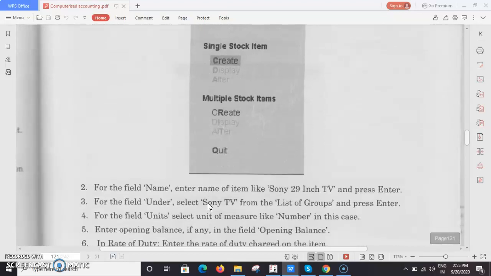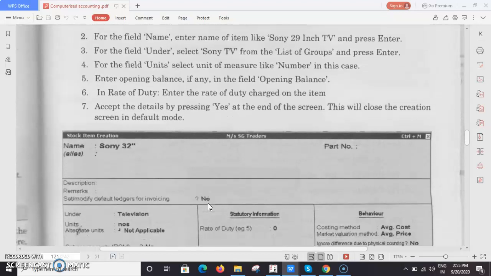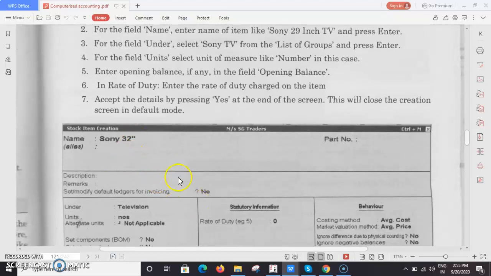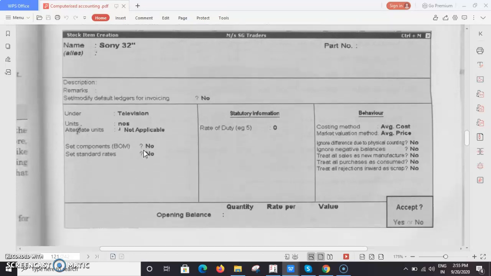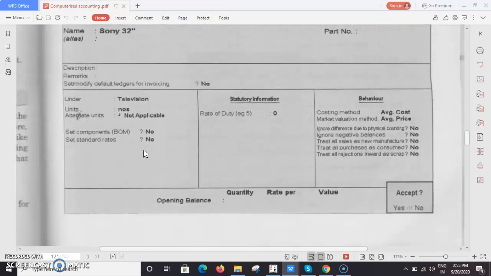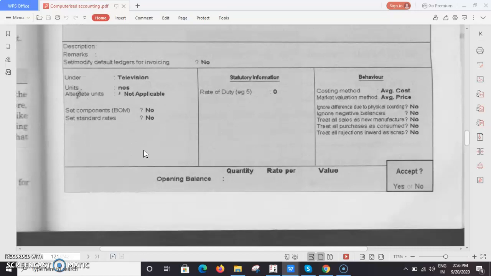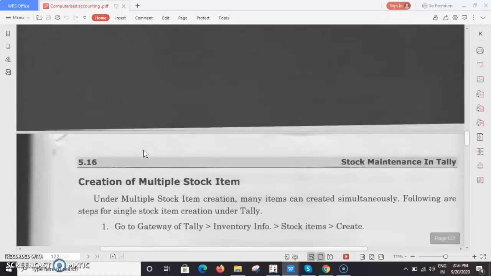For stock items, I have already given an example. Under television, Sony is there. Sony 32 inches, Sony 35 inches, Sony 60 inches, these all come under stock items.